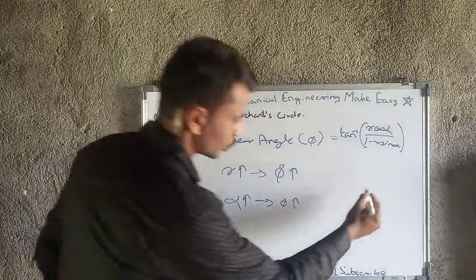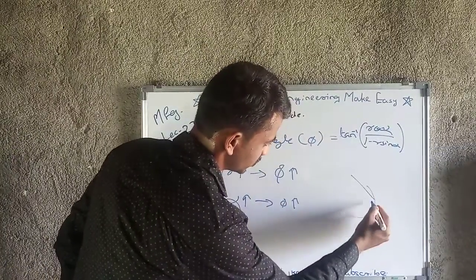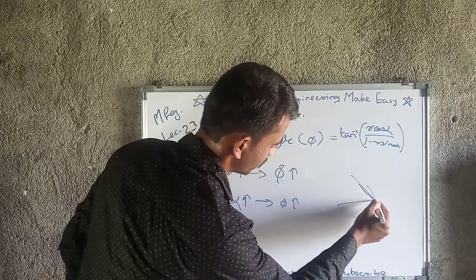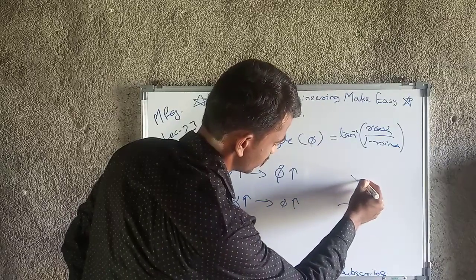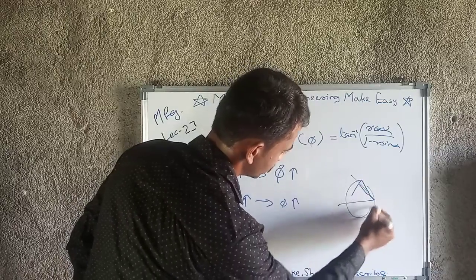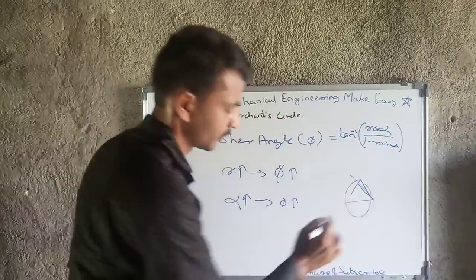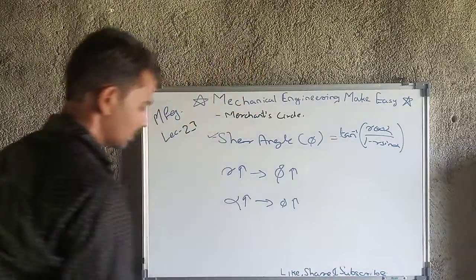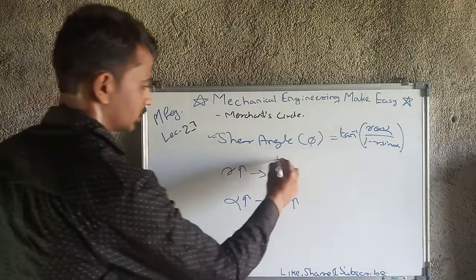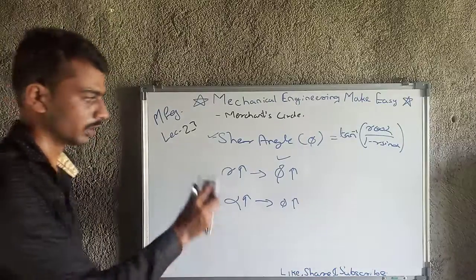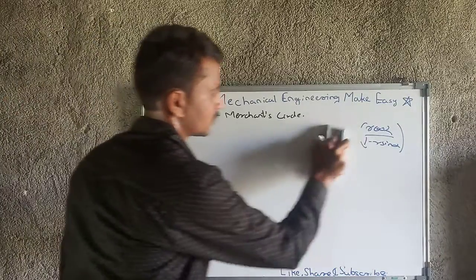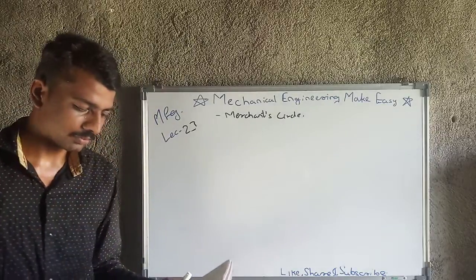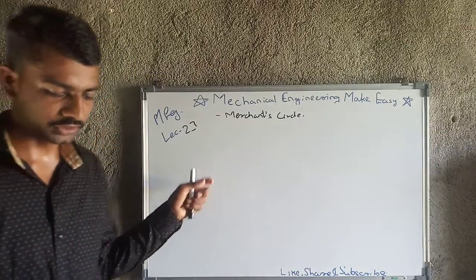That length I have shown in the figure: this is the shear force and here is the cutting force. If this is increasing, then what will happen? If the shear angle increases, this will be here. So ultimately the circle limitation will come and the cutting force will decrease. Okay, so this is the basic principle behind why we have to keep the shear angle as great as possible. Then we will look towards the next parameter, and the next parameter is the relation between cutting velocity, chip flow